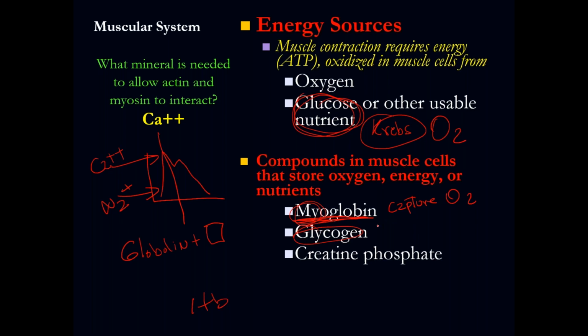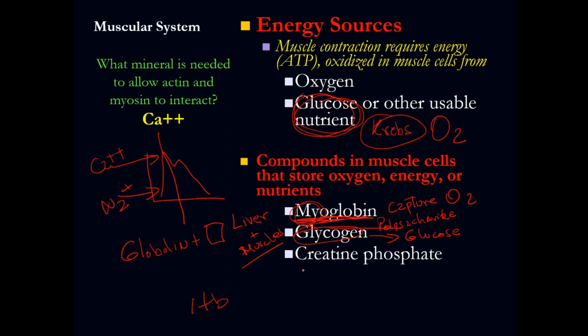Glycogen is a polysaccharide, and this polysaccharide can be broken down into disaccharides, then into monosaccharides, especially glucose. So glycogen is a source of glucose. And where is the glycogen? Glycogen is located in the liver and especially the muscles. That is where our storage of glycogen is. Okay, so you remember the 2 pounds of glycogen, etc., right?